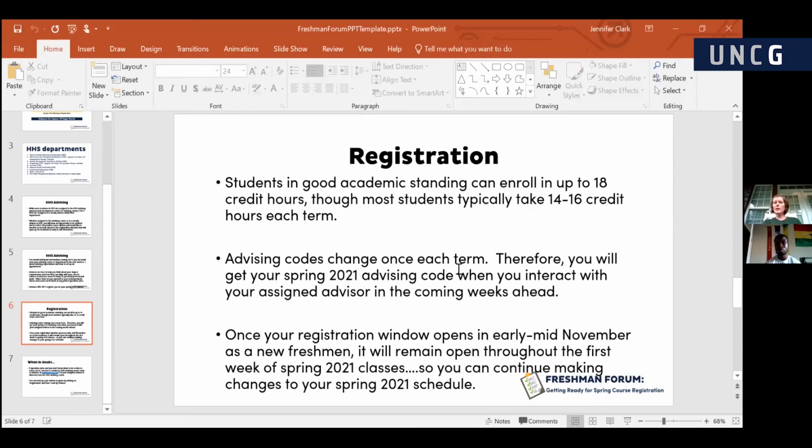That was your fall advising code. So when you have an advising interaction going forward, you'll be provided with your spring advising code. And that spring code will be what you'll use to enroll in spring courses.